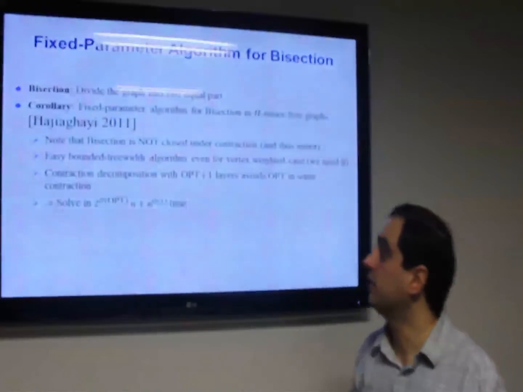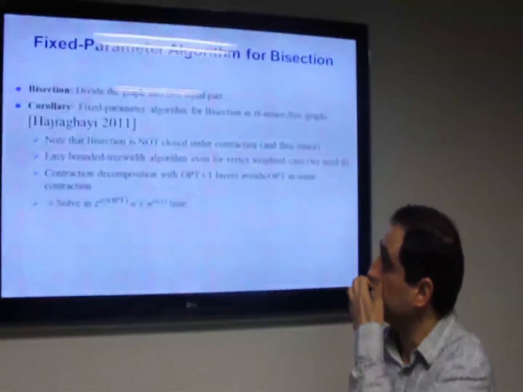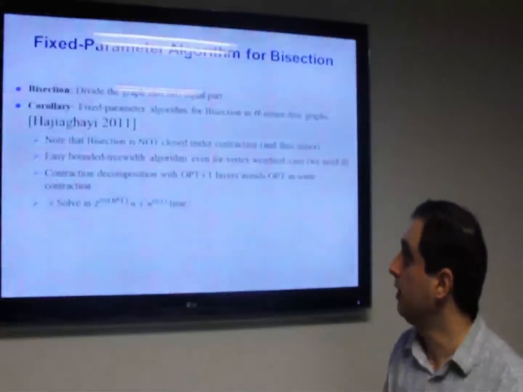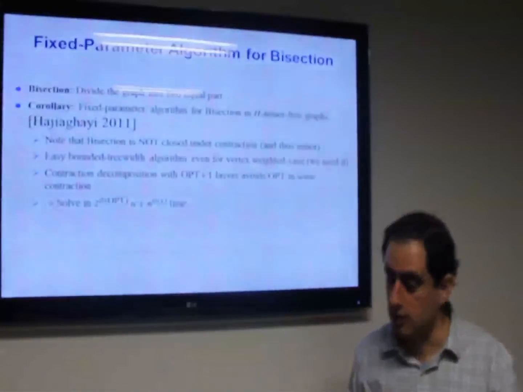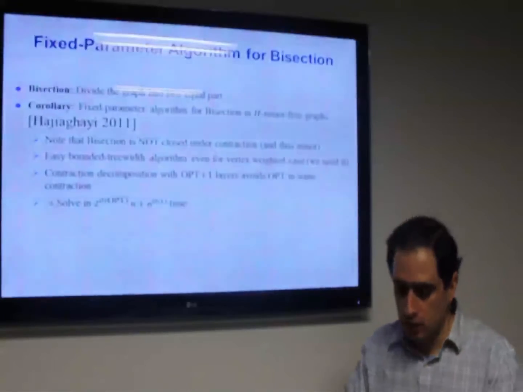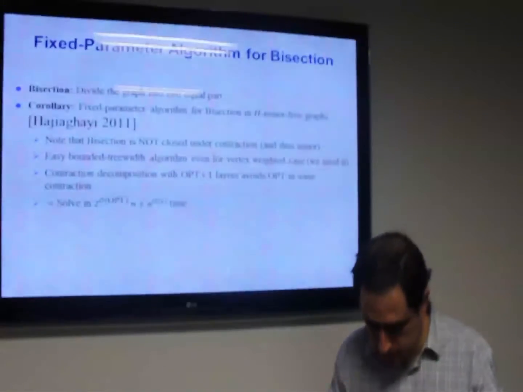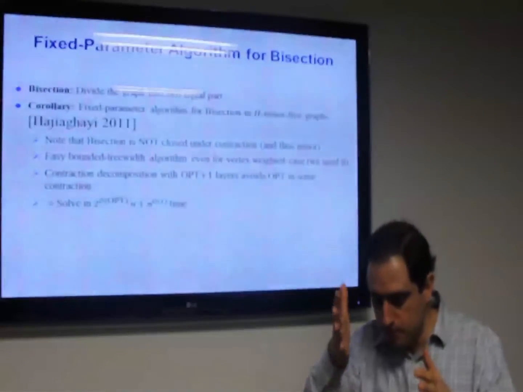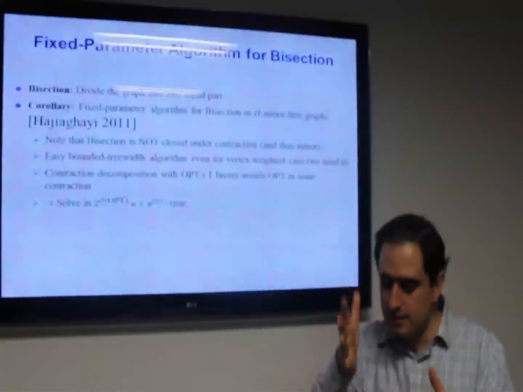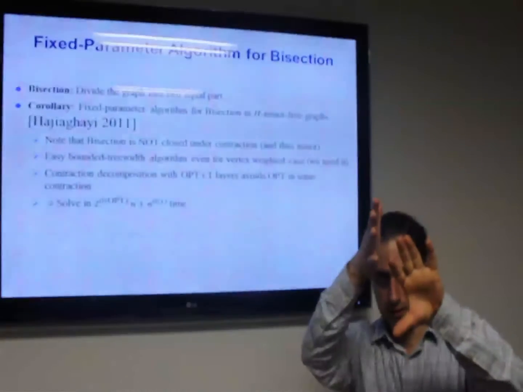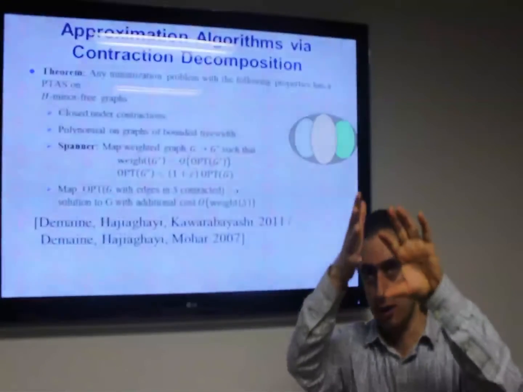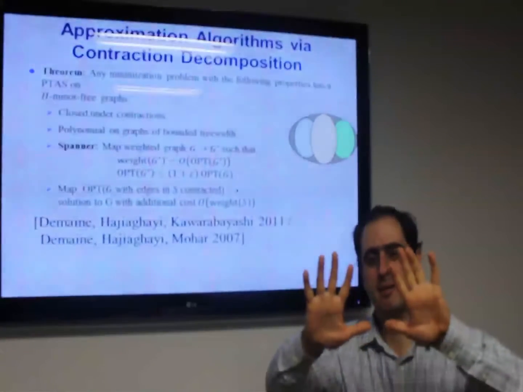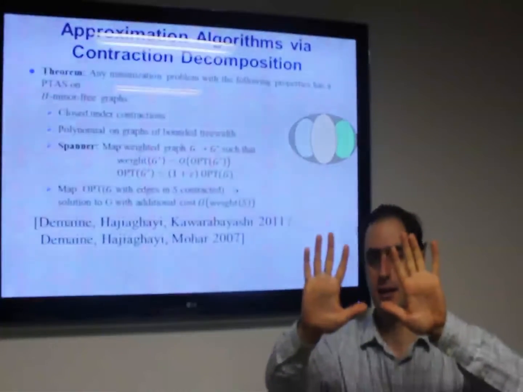Just to give you another example, a fixed parameter algorithm for bisection. In this problem, what is a bisection? You want to divide the graph into two equal parts with the minimum number of edge deletions. Say the graph is connected, you want to delete the minimum number of edges such that the remaining graph